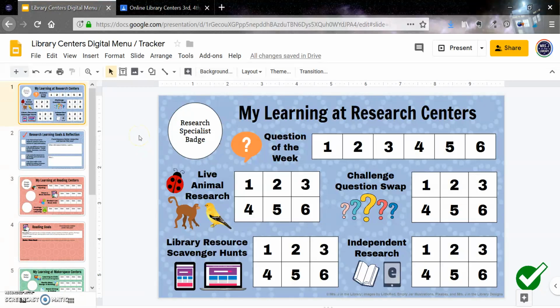J in the library, and this video is to show you how to set up the Library Center's digital menu and tracker in Google Classroom so that you can manage all of your students' work in the Google Classroom environment. So to start off, you're going to want to start with the Google Slides document of the actual digital menu and tracker, and make sure you make all of your edits first before you're giving students access to it or making any copies. So make sure everything you see, the titles, the center choices, the number